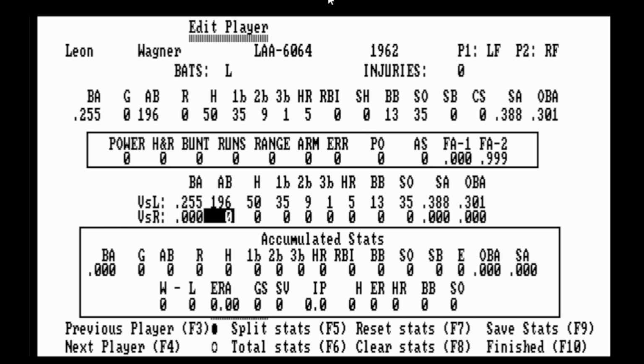Versus righties, we got 402, 111, 12, 4, 30, walks 34, 51. Now accumulated stats we're going to ignore, because that's going to accumulate as we're simulating a season, so we're not typing anything down there. Now, I'm going to go into his